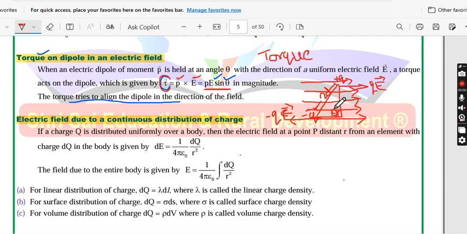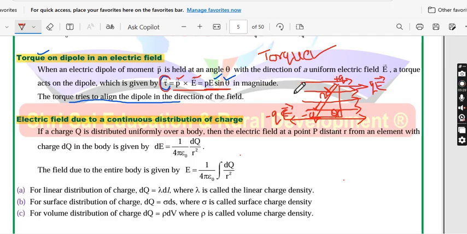These forces have equal magnitude but opposite direction and constitute a torque. So, when an electric dipole of moment p bar is held at an angle theta with the direction of a uniform electric field, a torque acts on that dipole, which is given by torque tau is equal to p bar cross E bar,